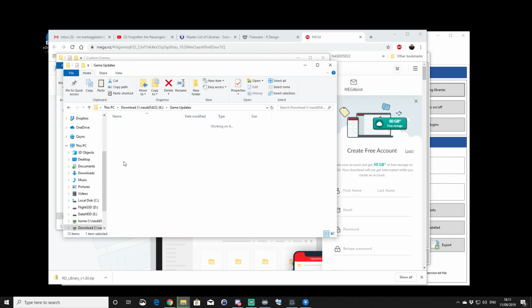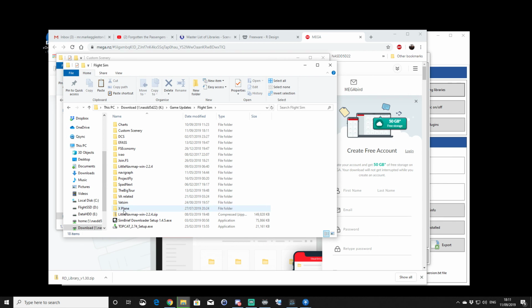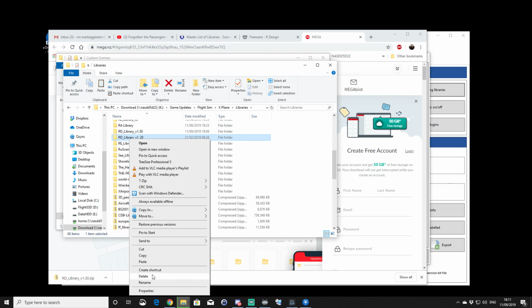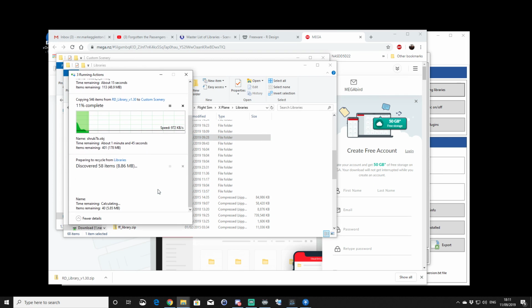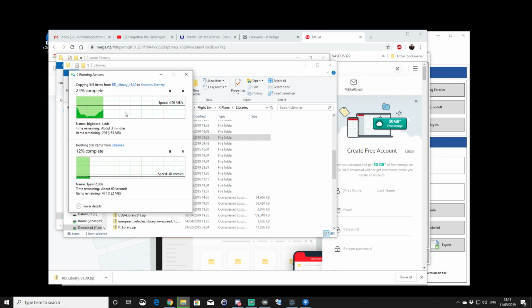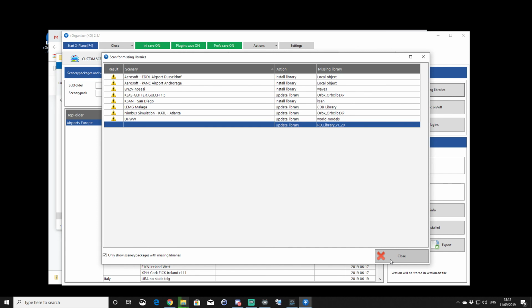So I don't make the same mistake again, I'm going to delete my 1.2 version. So I'm deleting it from the X-Plane folder. I'm just copying the new version, RD library v1.3, in there. That's that one. So what we should be able to do when this one finishes